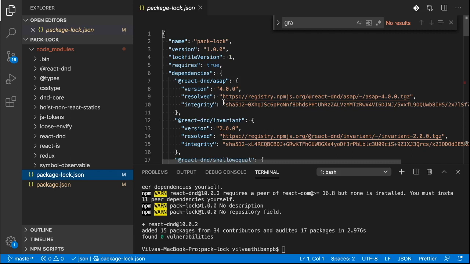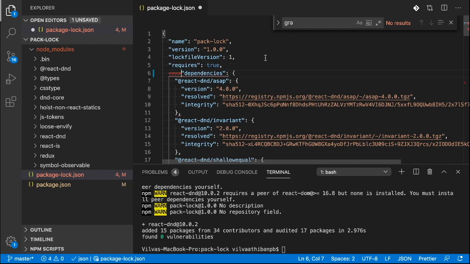Now let's jump on to the contents of the file. Let's see what is all present within the file. The first field is the name. It's nothing but the name which you have given in your package.json, or the name of your application. Second is the version, which is nothing but the version of your application again. Lockfile version is the version of the file format from which it is being generated. Requires tracks the dependencies of dependencies. If you take a module or a package, what are all the dependencies required for that particular package is tracked within package-lock.json, and that is determined by the requires field.